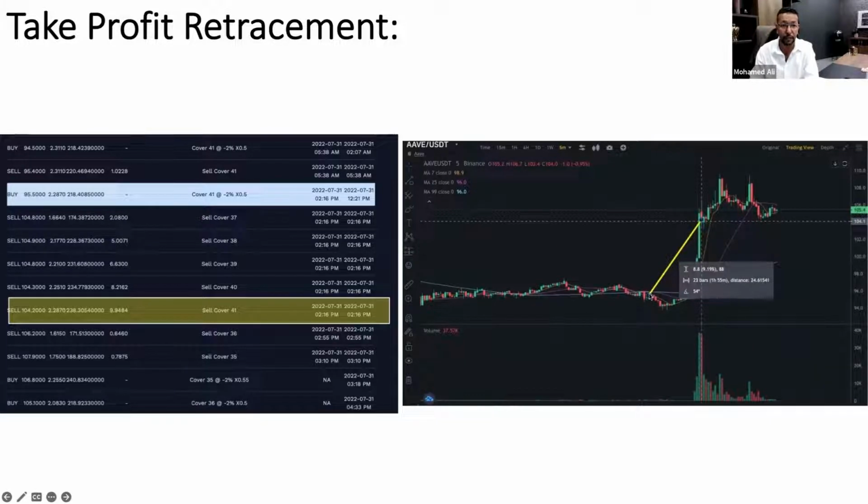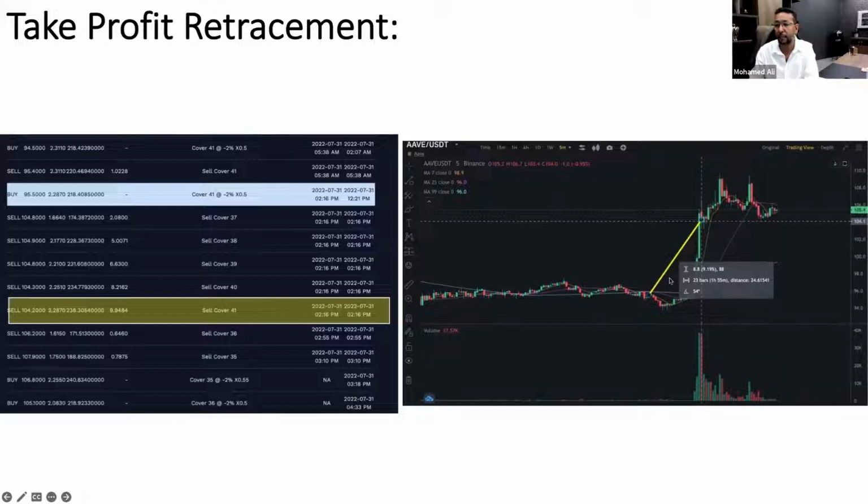This was the average. So this is where the price was taken, where the trade was taken. It was taken at the price of 95. This is AAVE. Yeah, it's AAVE 95, and that was on 31st of July, exactly at 12:21 p.m. Dubai time. That was the place. The market started moving down. It did not reach a point where it can take the next cover. Actually, I think it took the next cover, not sure. So then here it came to a place where it can close the trade.